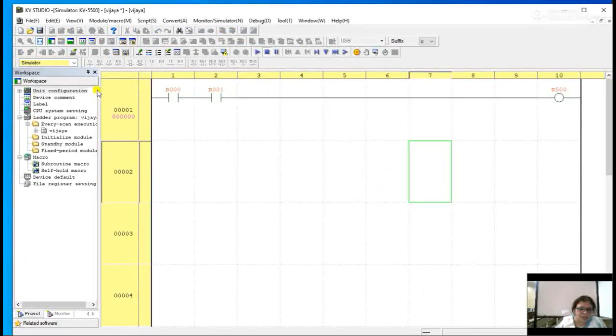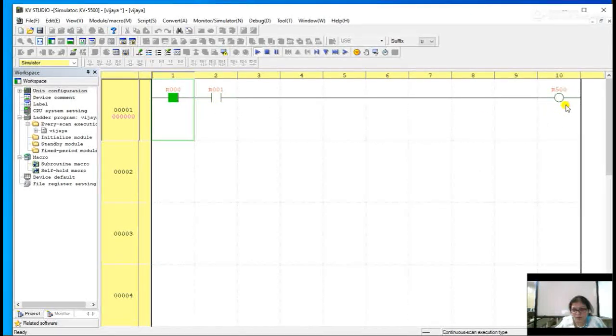In order to simulate, you need to go to this place. Here you are going to find Editor, Monitor, Online Edit and Simulator. Now I am going to simulate, that's why I have clicked the simulator window. You need to click this button in order to run the program. Now this is the position of the inputs and output status. I need to force the input in order to check the output, whether my logic is working properly or not. So I am clicking input switch 1.